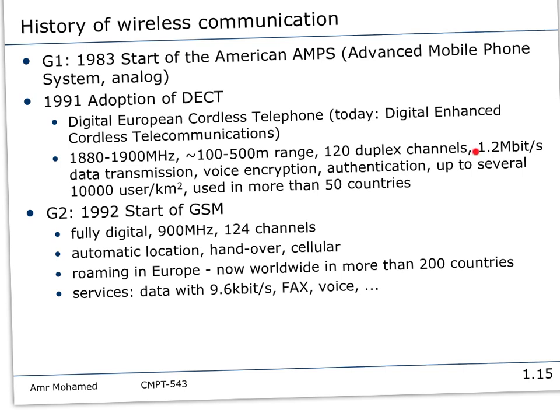So this type of data traffic, 1.2, was of course a big revolution at that time, but you need to know that this is the aggregate data rate for all the 120 channels, not for one single user. So if you divide this by the 120 channels, the data rate per user is quite small. But at that time, it was big, right? Of course, nowadays, we enjoy high data rates and we can download high definition videos in no time. But in these early days, it was quite an achievement.